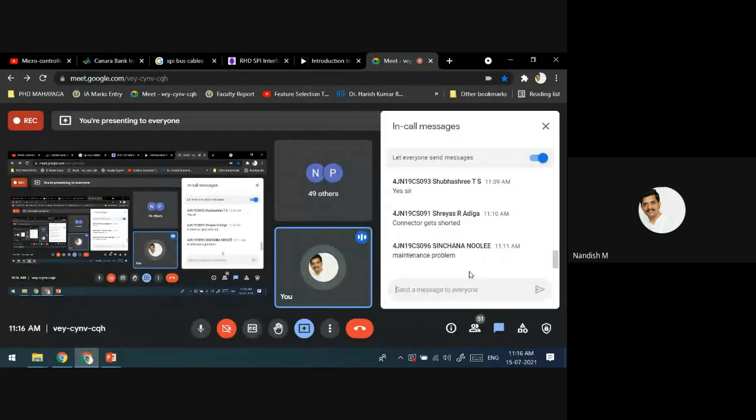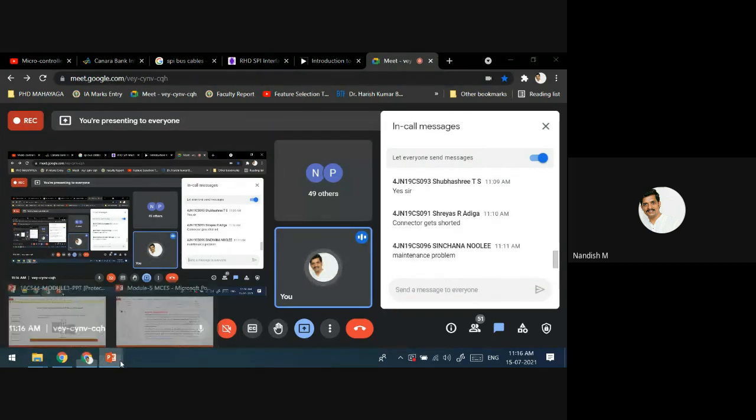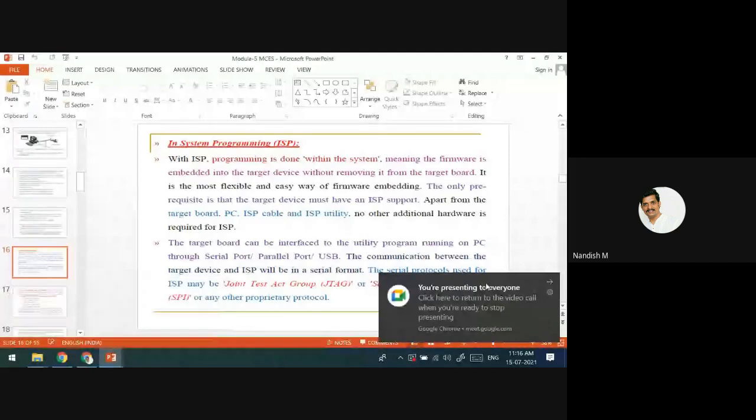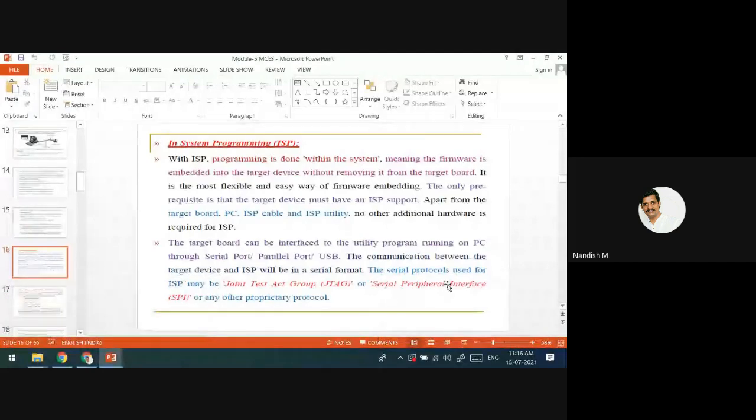How we are going to do it is using the SPI cables. What will be in the SPI cables? 4 wires will be there. One is for reset, you leave the reset and ground pin. Other than that, MISO, MOSI, slave select, and one more is the serial clock pin. Okay, these are the pins that will be there. We use SPI in the lab.